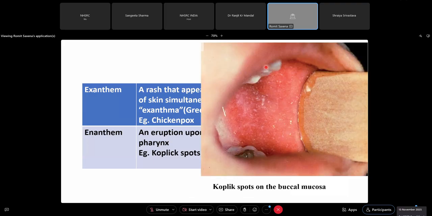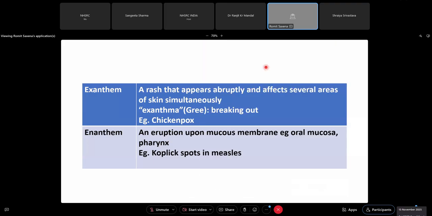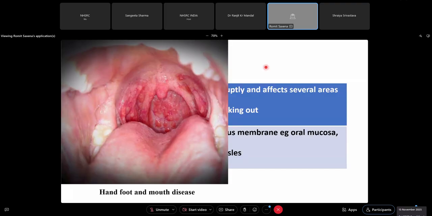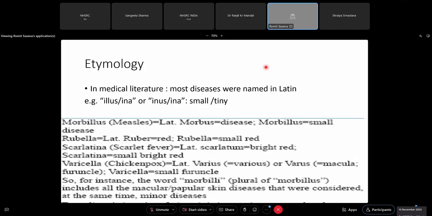Similarly, if you don't examine the mouth, you will again miss a lot of other diseases. See, this is herpangina. Hand, foot, mouth disease epidemic. We had seen a lot of patients recently. So just taking a good history: what day the fever started, on what day of illness the rash started, where did the rash start? Did it start from the abdomen? Did it start on the extremities? Is it itchy, not itchy? Is there some difficulty in swallowing?